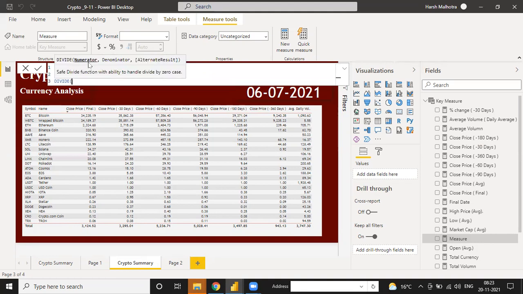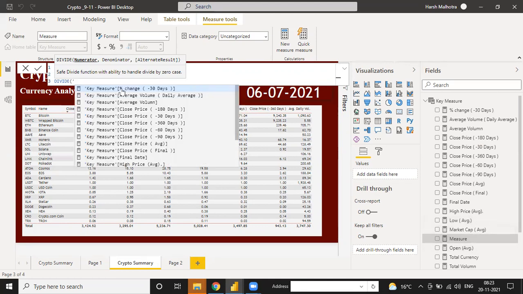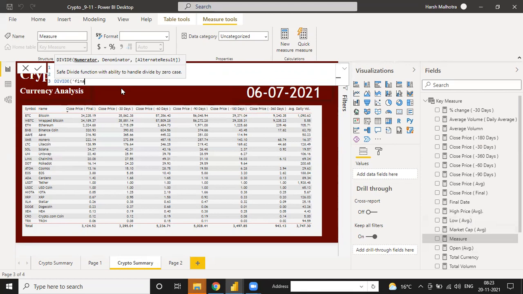So for this numerator, instead of the variance you can directly subtract, like this one: your final price, close price final, minus 60.